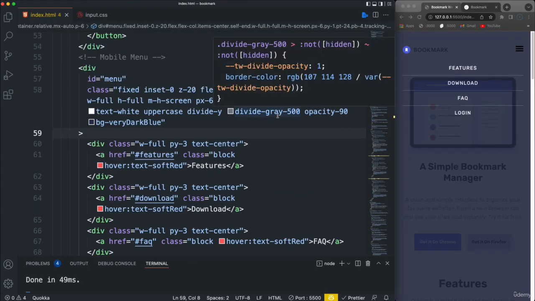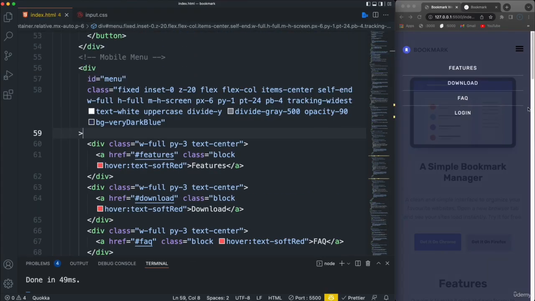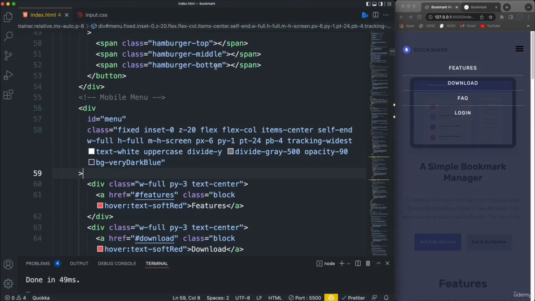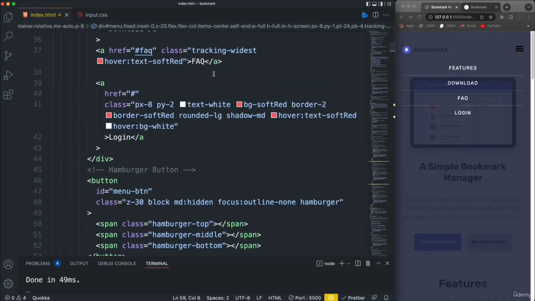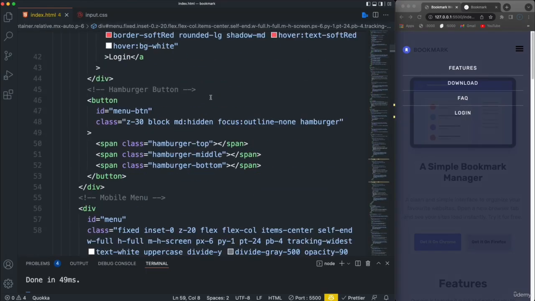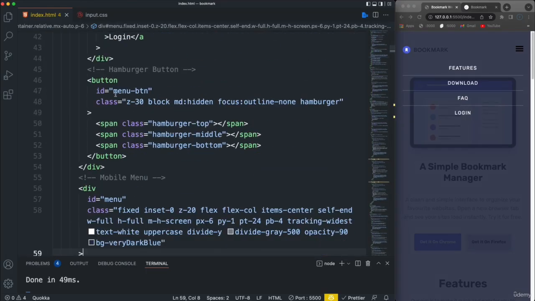So let's see what else we want to do. So I'm going to actually add the class of open on the button, because I want to show you something. If we put open here,